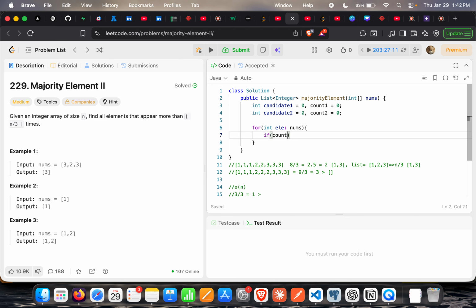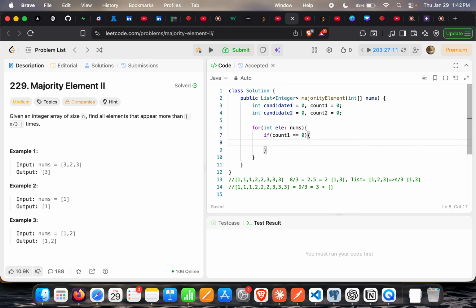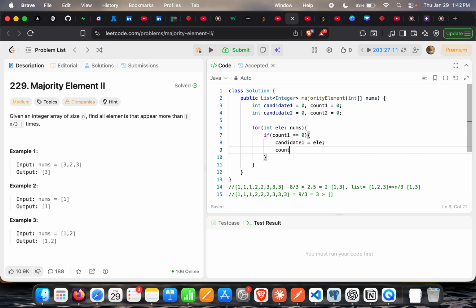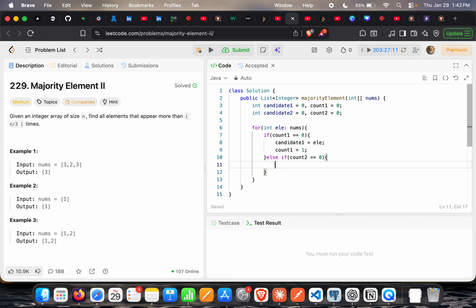Then if count 1 is zero, assign candidate 1 to that element, and increase the count 1. Else if count 2 is double equal to zero, then we just